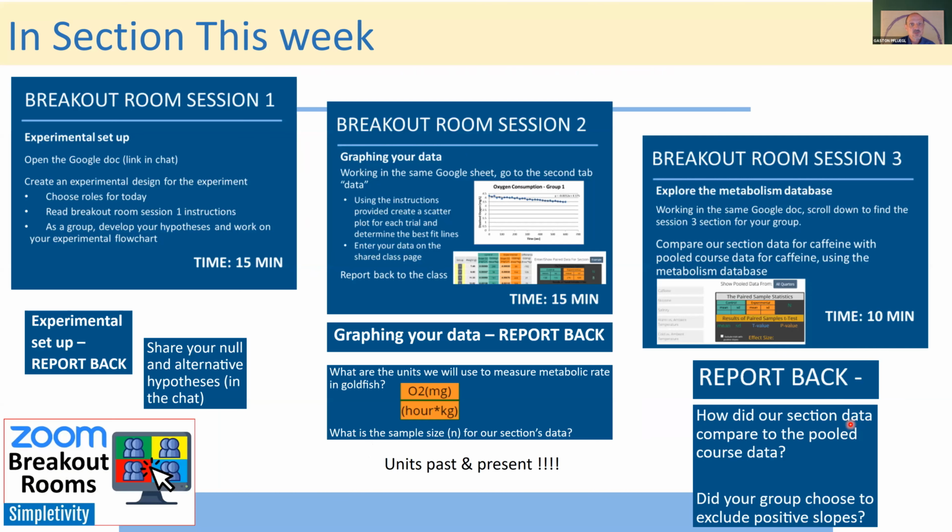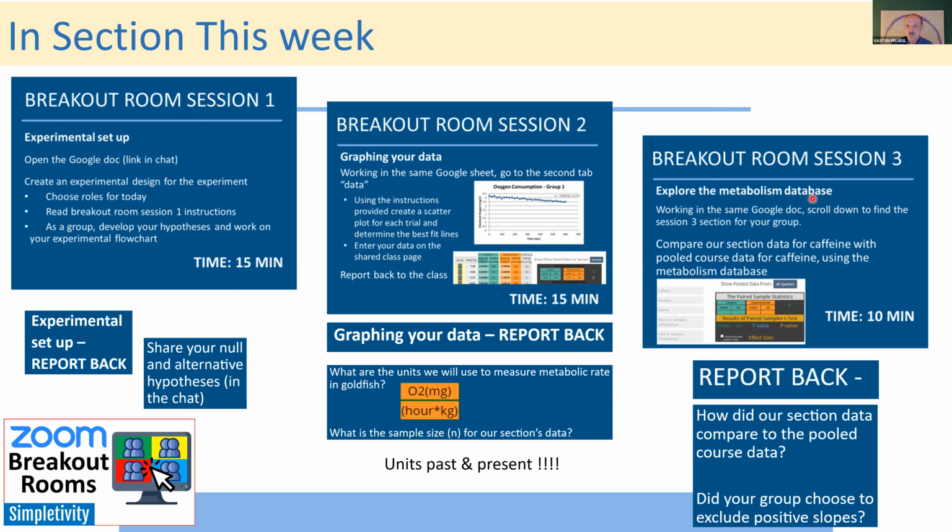All right, so when you come to section, you're going to work on the experimental setup to familiarize yourself with the experiment. And then you report out. It's about 15 minutes. And then you're going to get raw data like this, and then you make this curve. You learn how to use Excel to make this curve to get the slope. And then the slope you put into the database, right? And then it's important, what is the unit of that slope you're putting in? So you're going to want to pay attention to that.